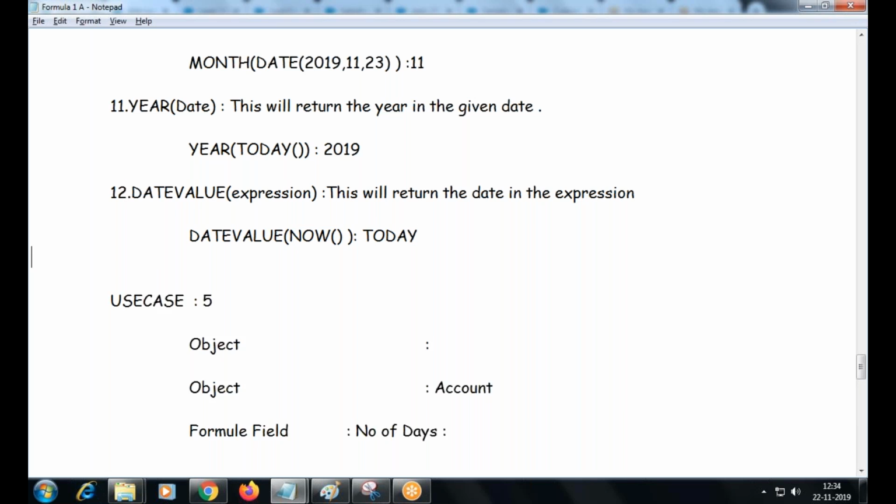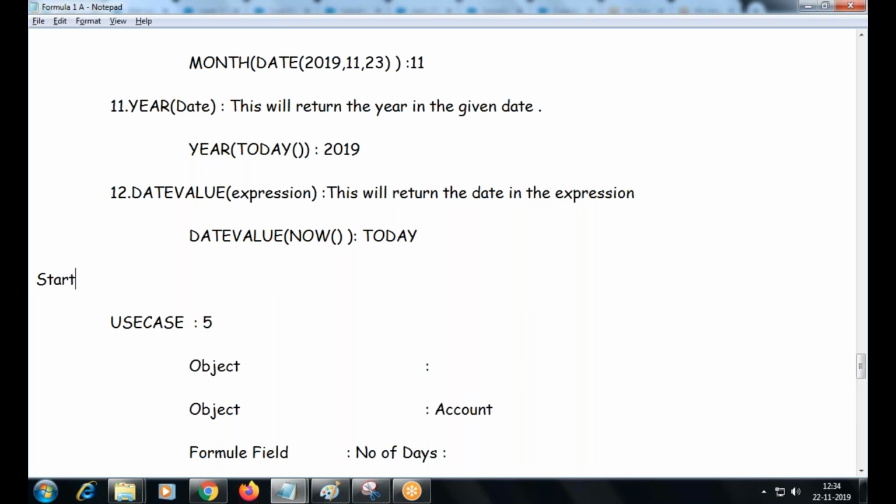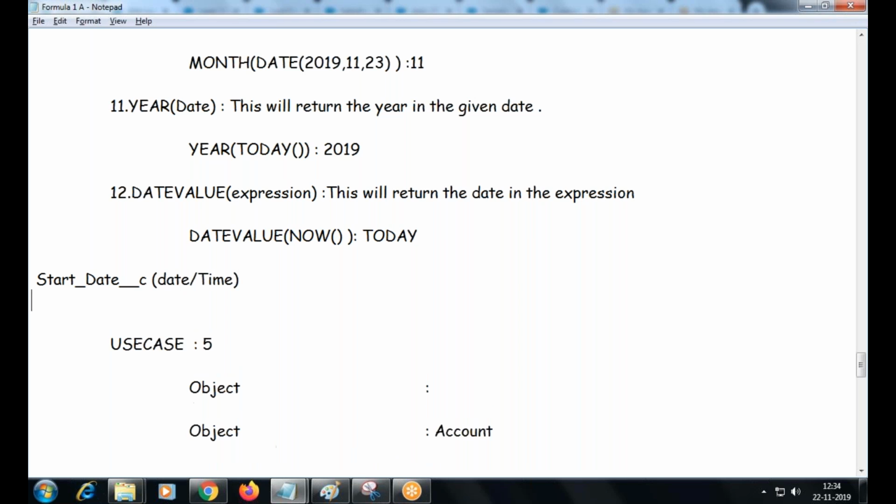Okay. Suppose I have a start date in the date time format. Okay. I have end date as a date format.